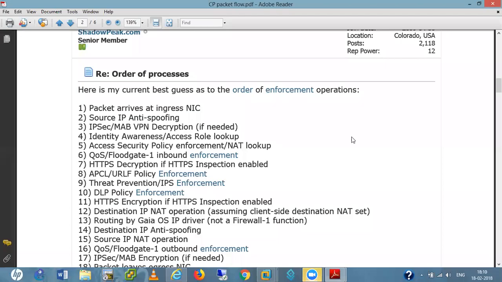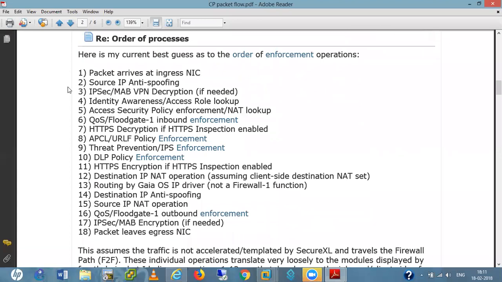Getting a spoofing error also. Which one? Source spoofing error is coming. Okay. Anti-spoofing error, right? Yeah. So the thing is, that time you just get the topology and routing details again, like this only. I'll show you later.